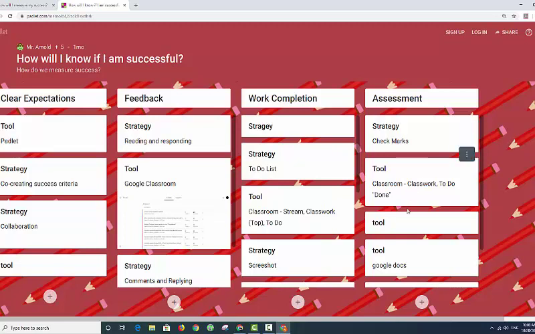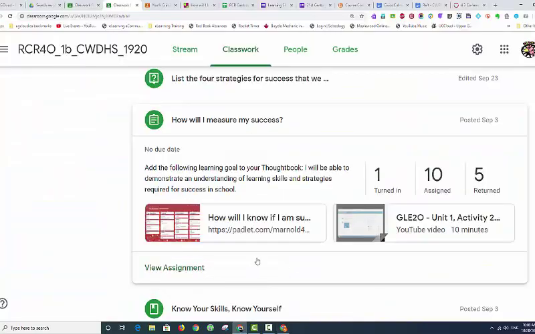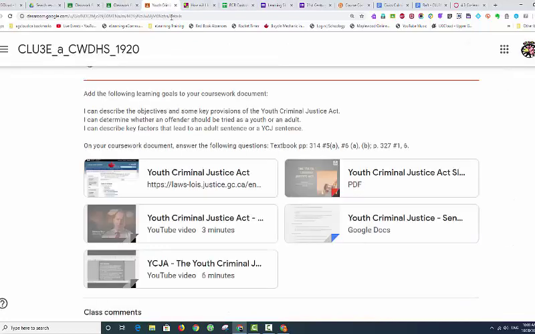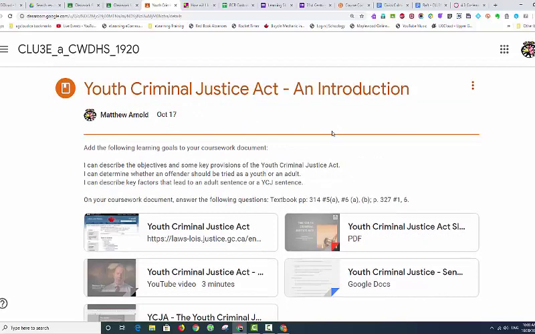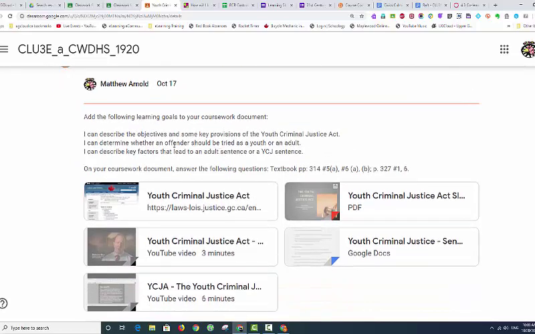Okay, so now I'm going to change tabs back to the instructor view, and we will show some ways that we look at portfolio learning and also how to post learning goals that students can use to improve upon as well. So normally on a lesson, I will post learning goals directly in the announcement or directly in the assignment. So you can see here